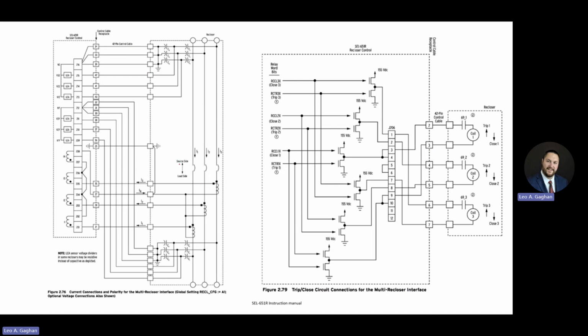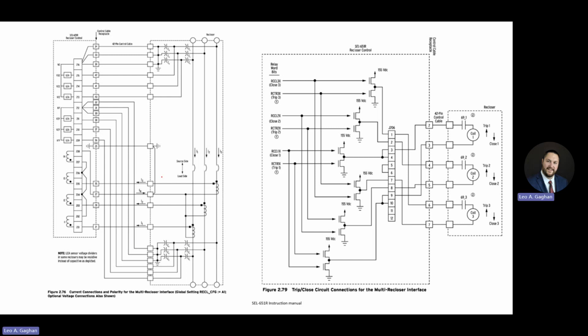Source side being your utility, load side being the rest of your load. Current flows from the utility to the load. But we can see here we've got one set of voltages on the source side. We've got another set of voltages on the load side also, it looks like,